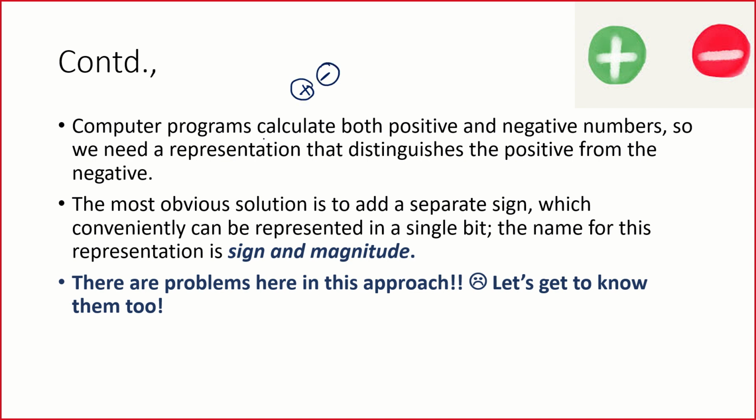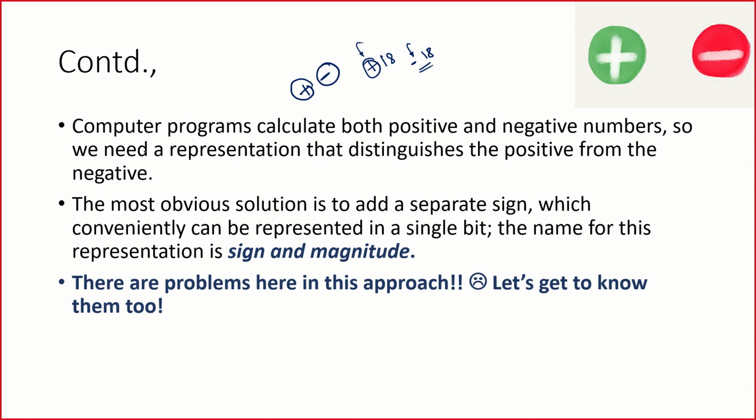Now, the obvious choice that we have all these days, from childhood we are taught, right? So we are used to the normal method: like 18, if it is positive, I can put a plus, and plus is obvious, so you do not have to put it. Otherwise, we will put a minus and say it is minus 18. So we represent it with the symbols plus and minus, and this is the most obvious approach that we have been following right from childhood.